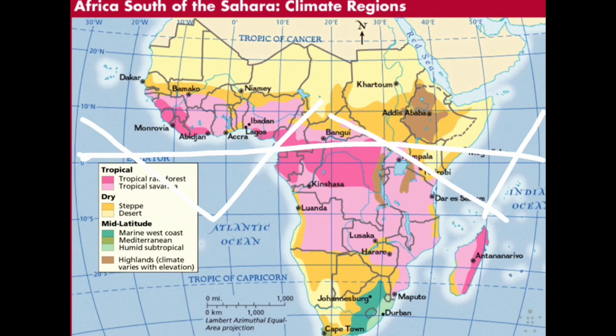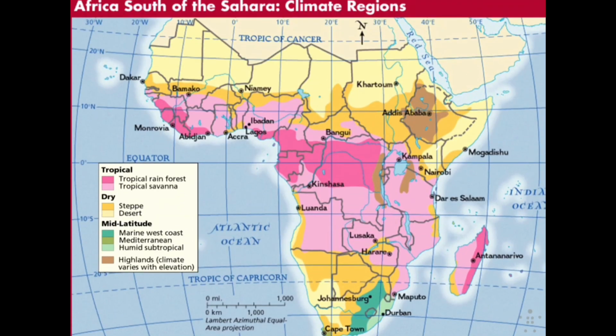This is the wettest climate region, the tropical rainforest, dark pink, is the wettest climate region. It has warm temperatures that prevail and a lot of dense forests. There's heavy rains that leach or dissolve and carry away nutrients from the soil. Despite the rains leaching the soil, there's still a lot of different crops that are grown in a tropical rainforest region. Crops like bananas, pineapples, cocoa, tea, coffee, palms for oil, rubber, and cotton. You're going to see a lot of forestry also in the Congo River Basin in this rainforest type of climate.